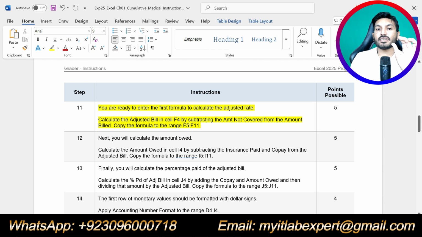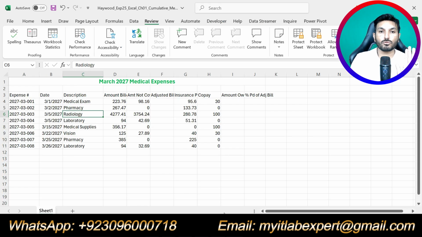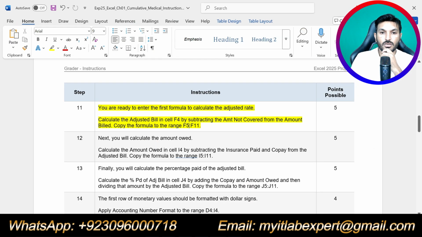You are ready to enter the first formula to calculate the adjusted bill. So we are supposed to calculate the adjusted bill in column F. So that is the cell F4. It is saying calculate the adjusted bill in cell F4 by subtracting the amount not covered from the amount billed.